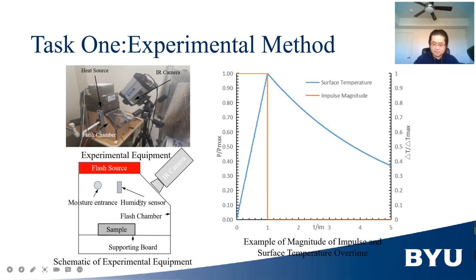A typical process is like this. First, the flash source applies a short thermal pulse onto the sample, and then the IR camera will record the surface temperature over time. And this is an example of the magnitude of the pulse and the surface temperature over time. This axis means the percentage of magnitude, and this axis means the percentage of temperature change over time. Then the experimental data is processed by the curve fitting method combined with the characteristic time method. The result from the characteristic time method is used to set up boundaries and the starting point for the optimizer in